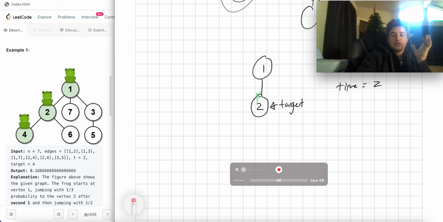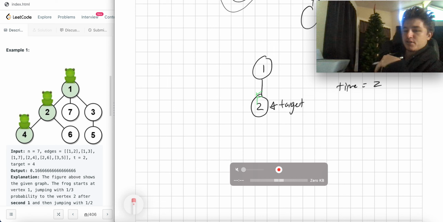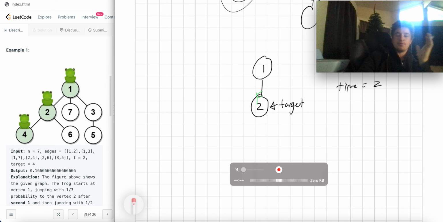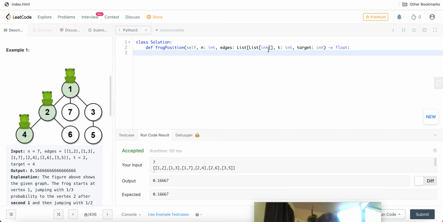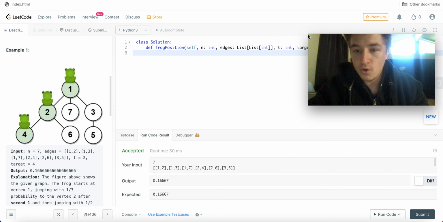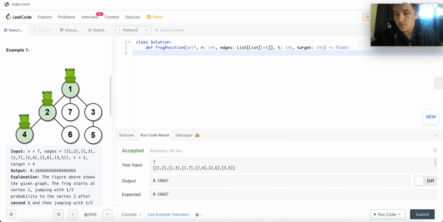So with all those observations, which I just went through crazily and I probably should have written down, let's try to solve this problem. Okay. So first thing we want to do is convert the edges into a graph that we're more comfortable utilizing to efficiently solve this problem. So we'll create a graph. And then, since this starts at 1, but you 0 index a graph, we're just going to create